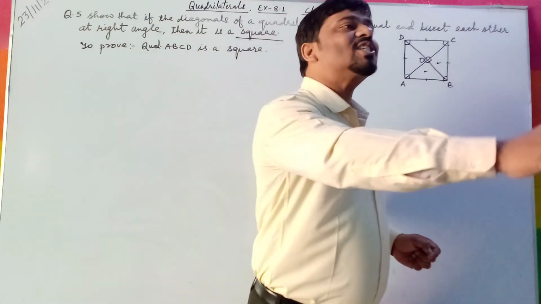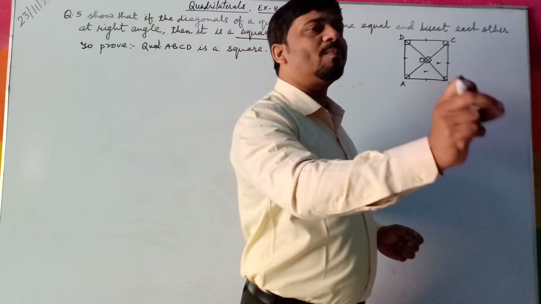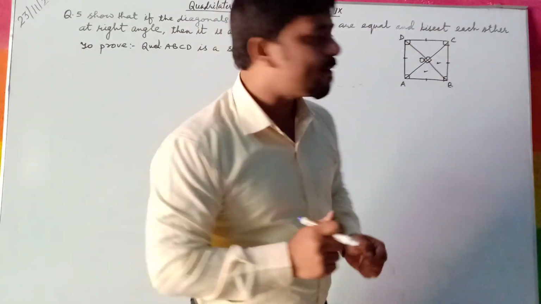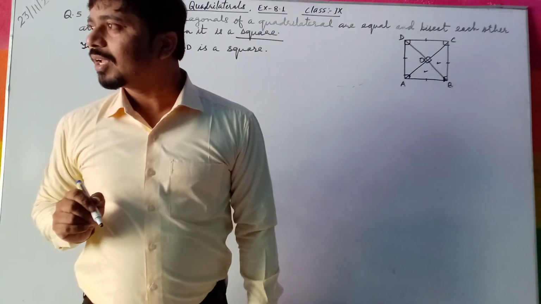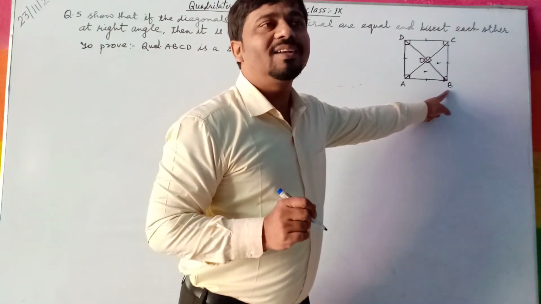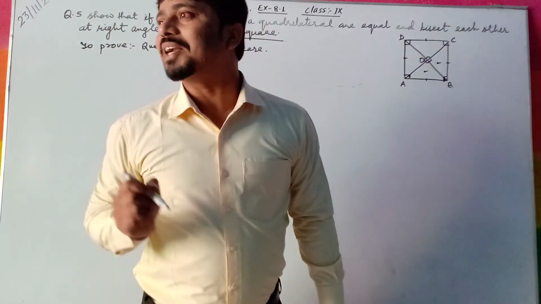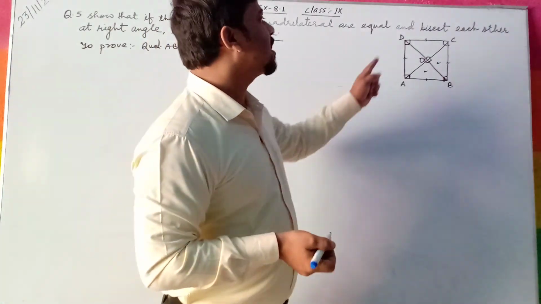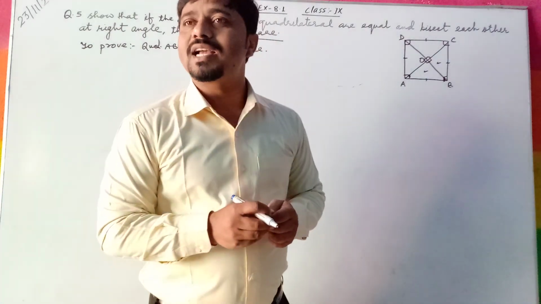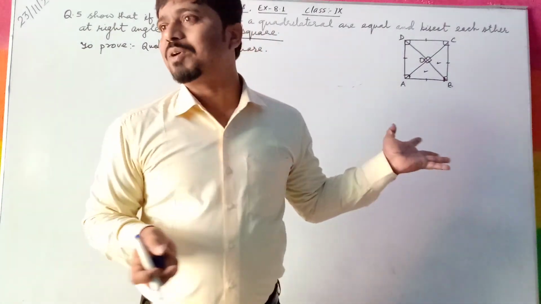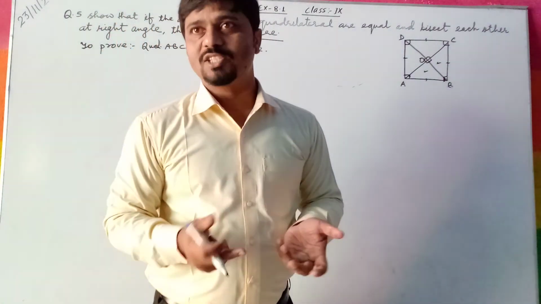And the sum of adjacent angles of a rhombus is equal to 180 degrees. So angle A plus angle B will be 180 degrees. And angle A and angle B are both equal, so we replace B by A. So twice angle A equal to 180 degrees, angle A equal to 90 degrees. Therefore angle B equal to 90 degrees. Similarly angle C and angle D are also 90 degrees. So each angle is 90 degrees and all sides are equal. Therefore ABCD is a square. Hence proved. That is all you have to do.